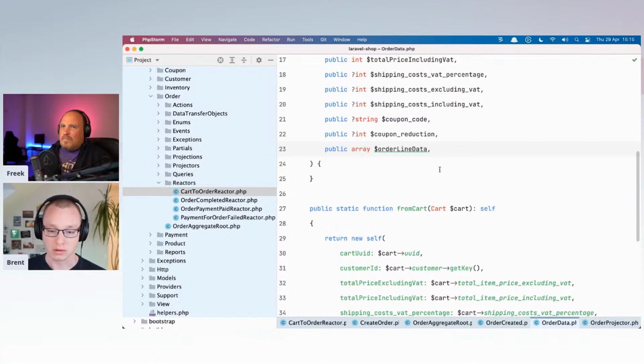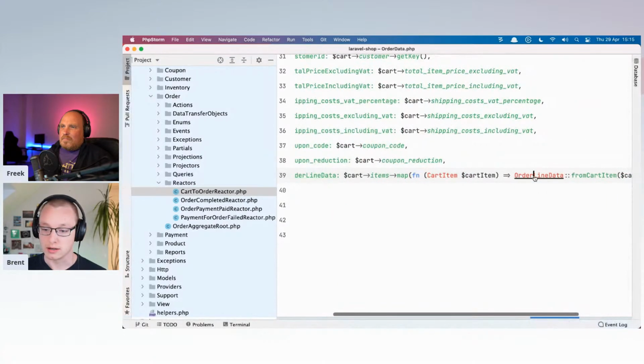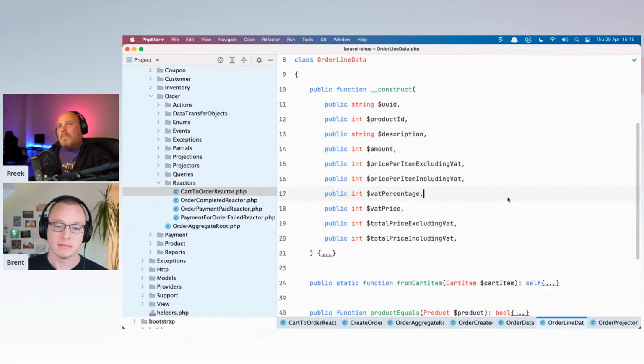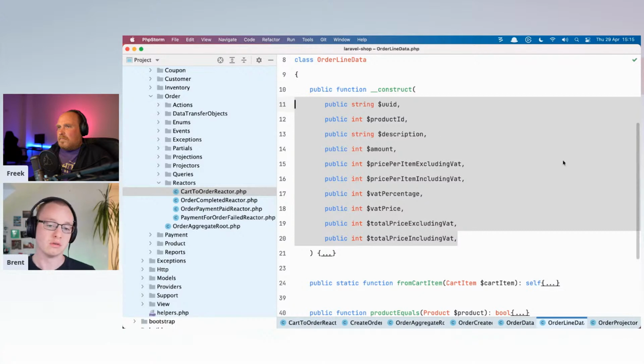And there's even the order line data, which is again a DTO. This is one way of looking at the problem, but of course there are times where you want to query the database directly. You don't want to deal with having to keep several DTOs in sync, or they're becoming too large, and that's fine as well.